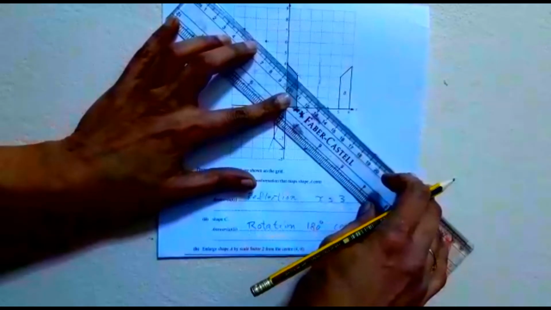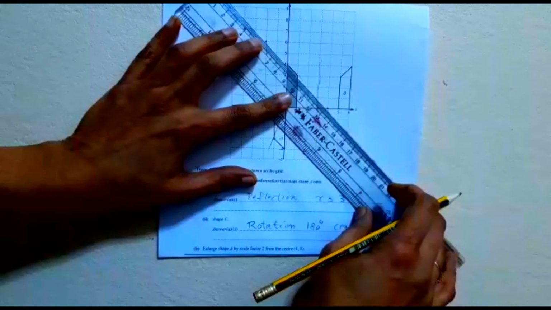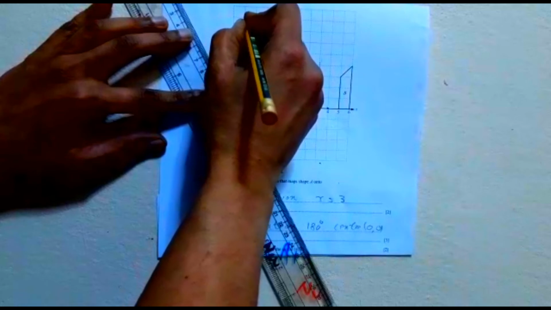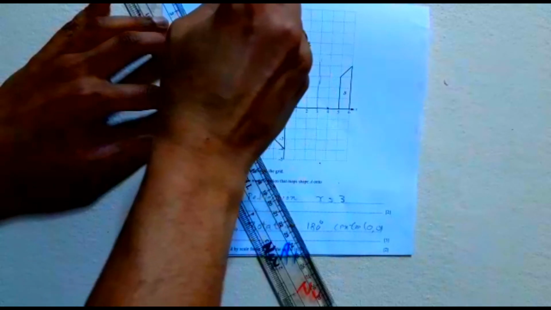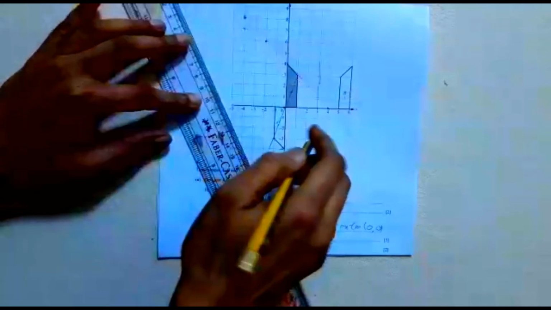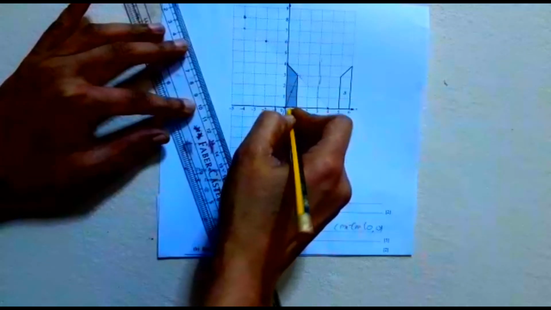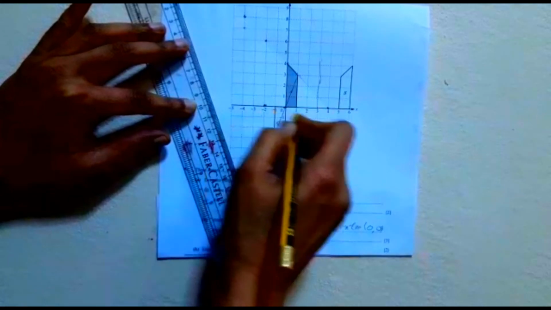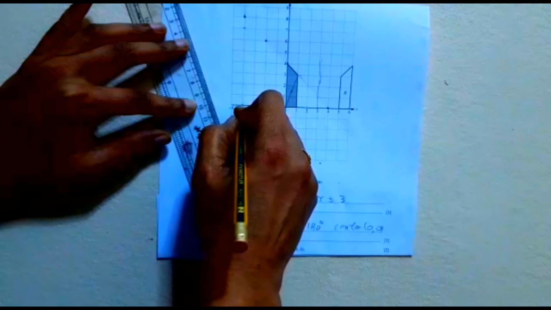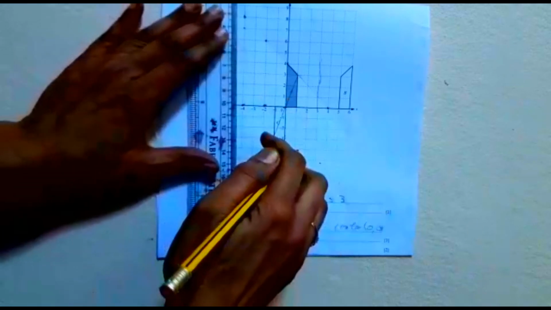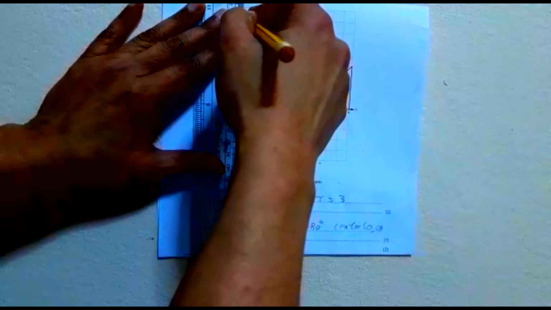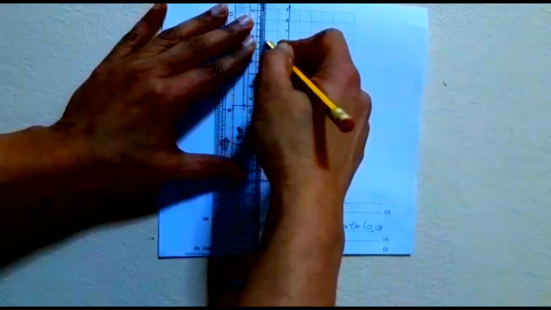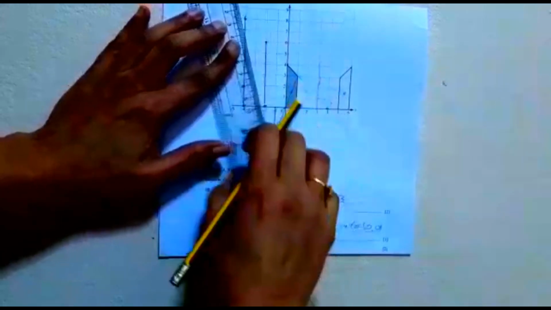passing through minus 4 by 0, not here. And this one on the same side only. From this it is 1 2 3 only, so 4 5 6 will be, and this is 4, so it will be 8. Corresponding points, you can join them and see it is the enlarged shape by scale factor 2.